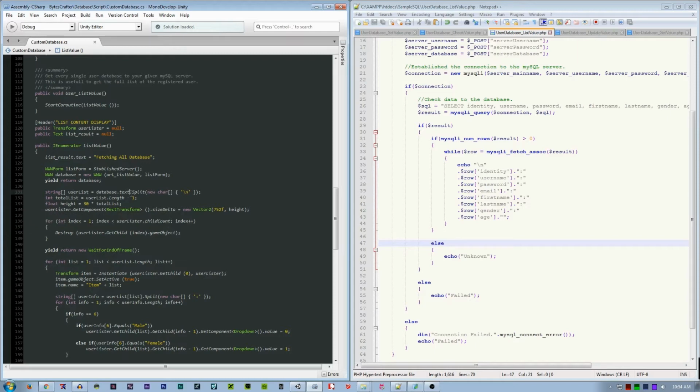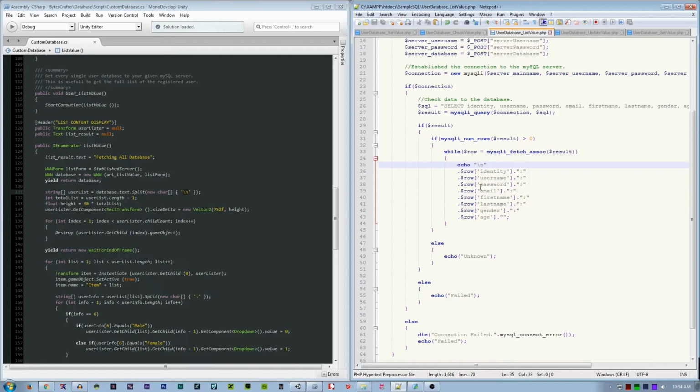We get the return value. We split it to an array of string by using this character, the backslash n. In Unity, this is like pressing enter, a new line method. So we use this to separate every username, every registered user.